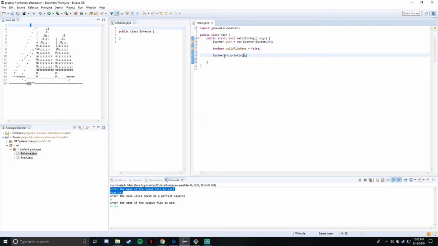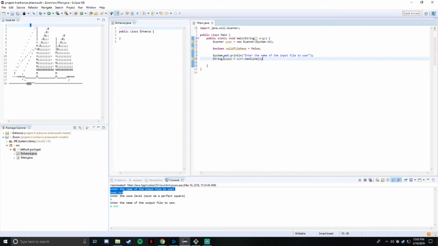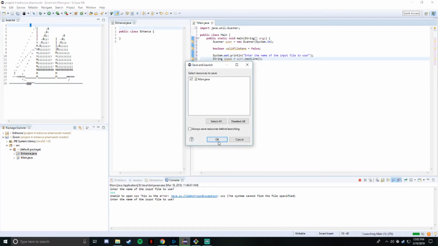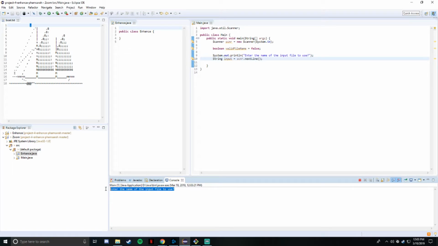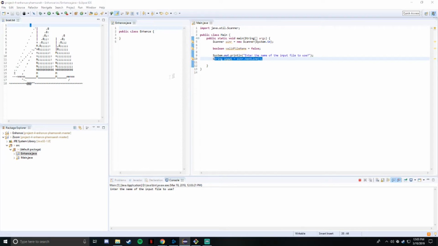Now, off the bat, we already know we can say to enter the name of the input file to use. And then we need, of course, an input. So this is our first one. This already should work. Let me run it. Should be no problems because all you're doing is just printing out something and taking in an input. So, sorry guys, my voice sounds really raspy right now because I'm pretty sick, but anyways,